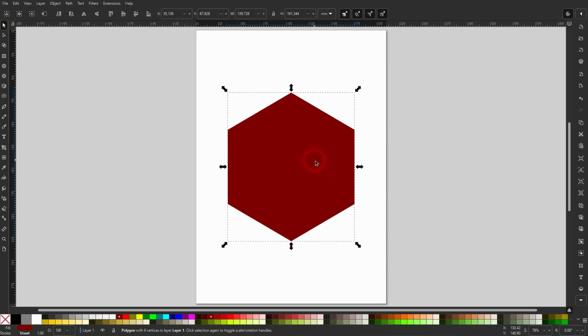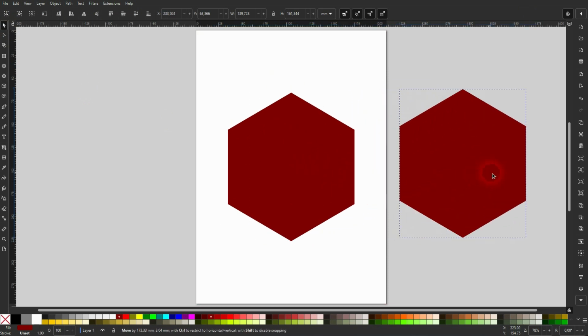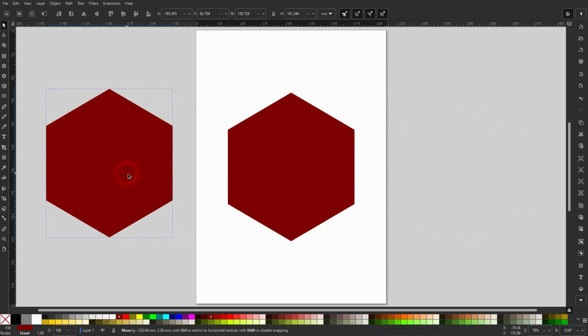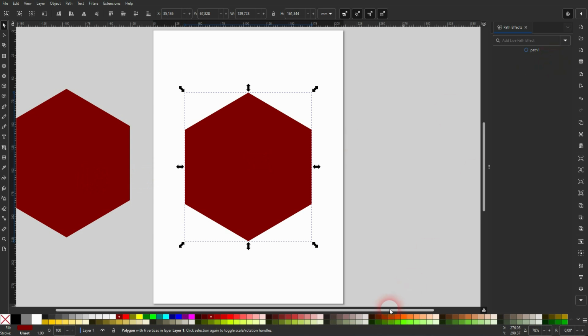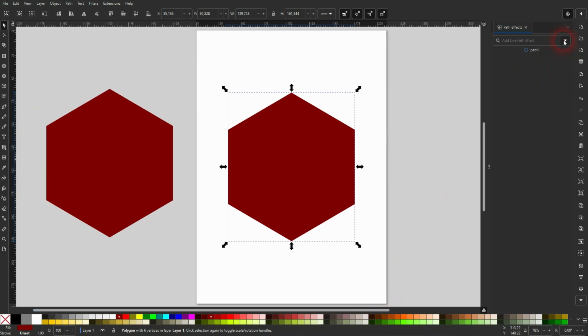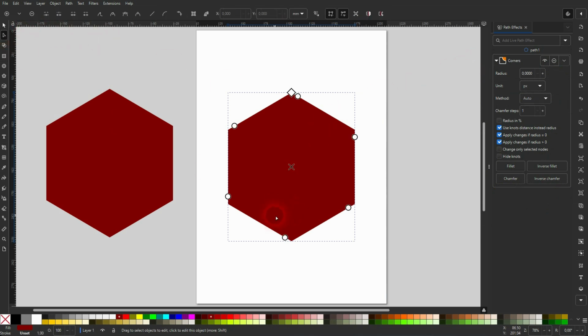Let me copy that, press Ctrl C, Ctrl V, and I'm going to keep one as a reference. The other one I select, I go to Path, Path Effects, and use the corners. Now I activate the Nodes tool and I simply drag this circle up